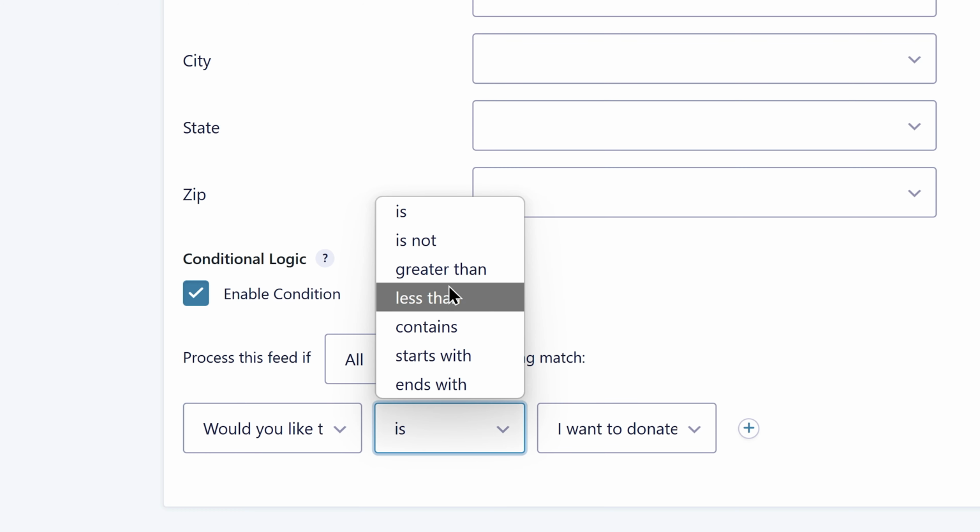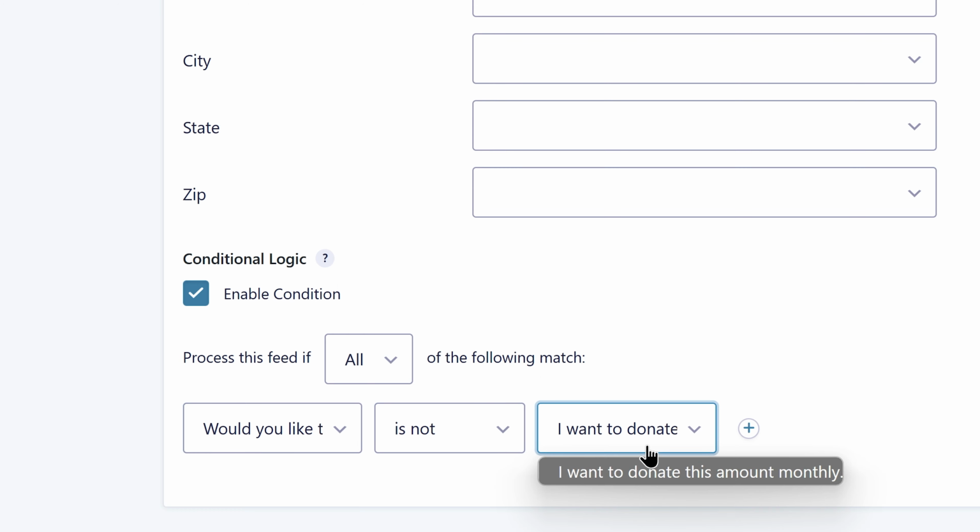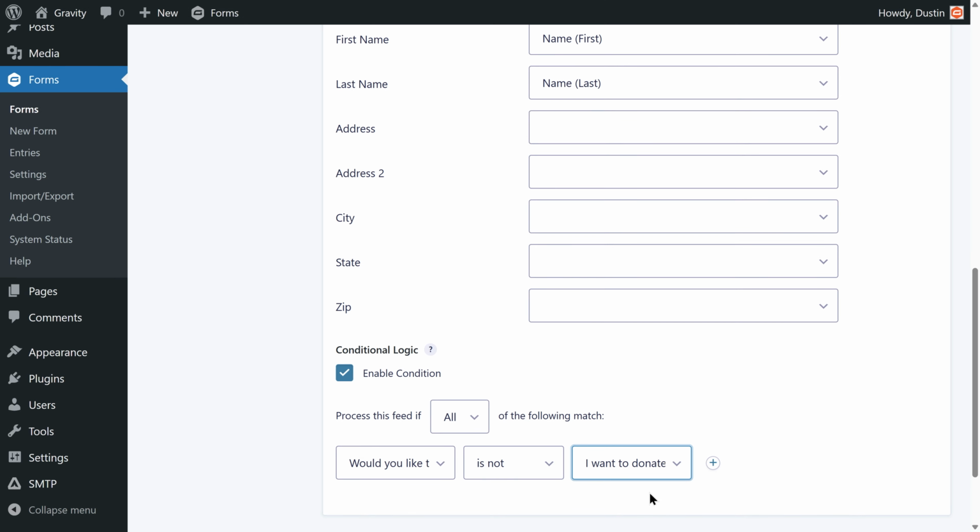Would you like to make this a regular contribution? Is not, I want to donate this amount monthly. Now this feed will only be processed if the user does not indicate that they want to make a recurring